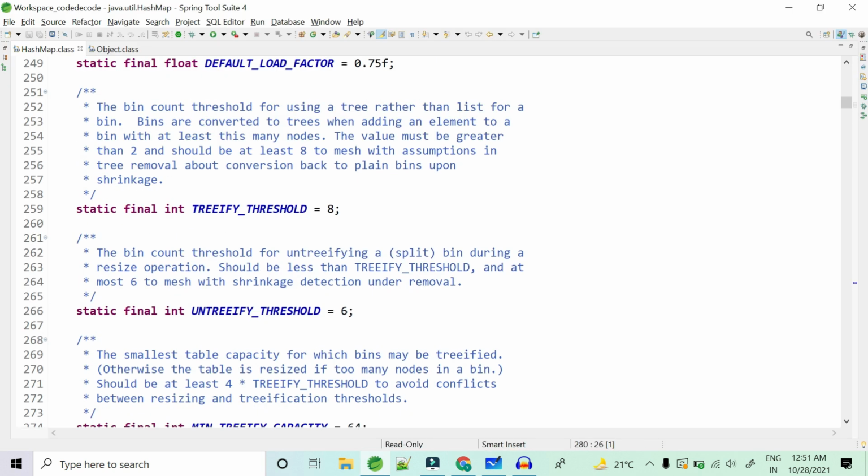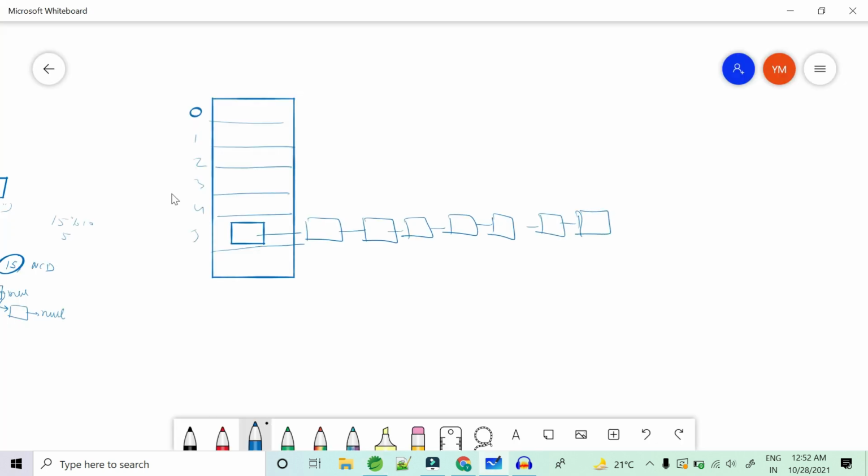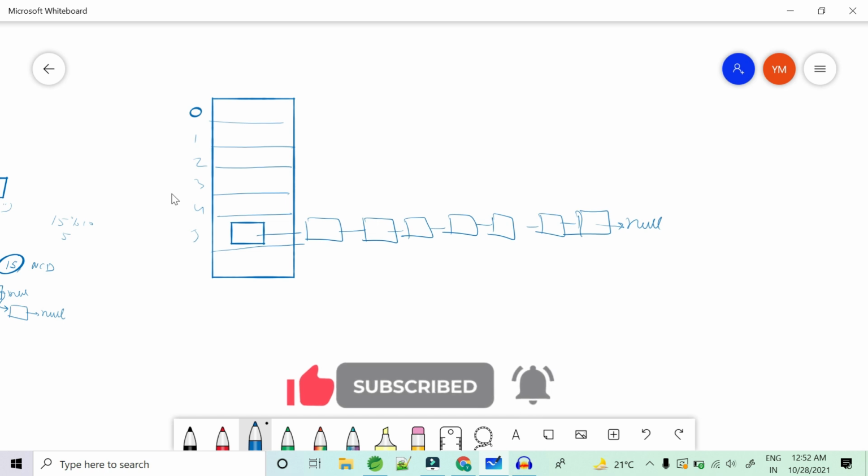Now you'll ask me, how is it done? If you can see here, we have some thresholds created. As soon as your threshold reaches 8 nodes, suppose I have these 8 elements in my linked list and the last is pointing to null. Now if I try to add one more, the threshold is reached. The 8 elements are already there, so this is going to be converted to a balanced tree.